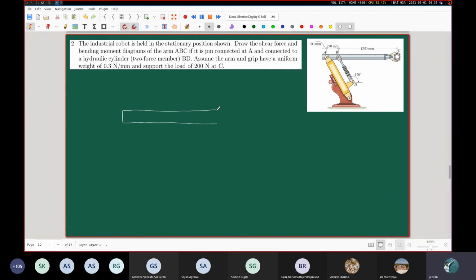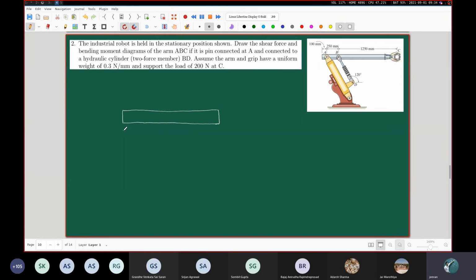Once we figure out the reaction forces and all the various kinds of loadings on it, then it just becomes a matter of systematically going from one end to the other, being careful to find the expressions of the shear force and the bending moment, and then draw them carefully. It is just a systematic procedure after that, but the real intellectual effort involved here is to actually find out the reaction forces and the